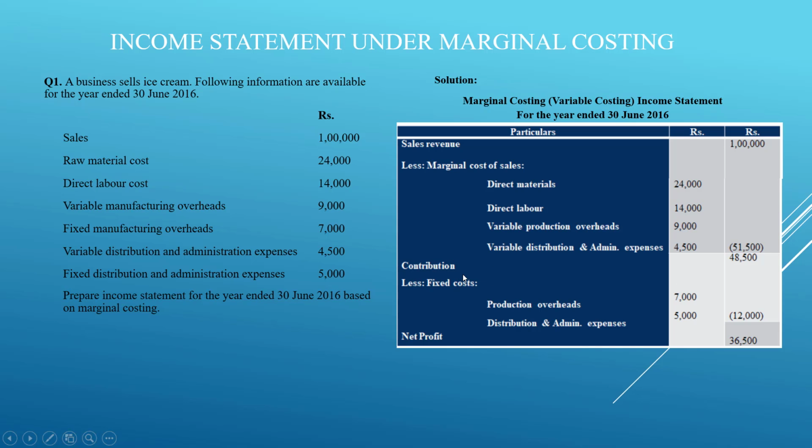So hopefully you are understanding this. I have told you again, if contribution is more than the fixed cost, then only we will get profit. Okay, if contribution is less than the fixed cost, then we will suffer loss. And what formulas can we see from this income statement? We get two formulas. We can calculate contribution, and after calculating contribution, we can get net profit. Now, what is the formula of contribution? Sales minus variable cost equals contribution; contribution minus fixed cost equals net profit. Okay, so we'll see another question.